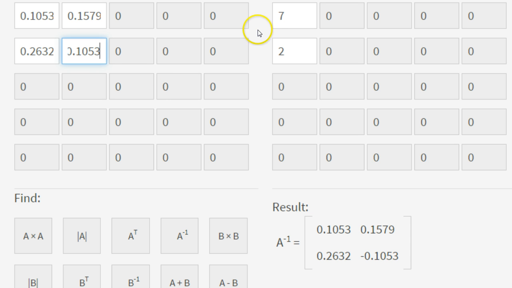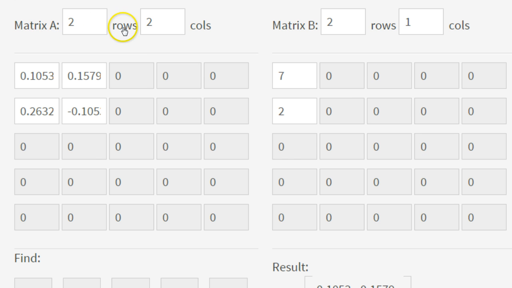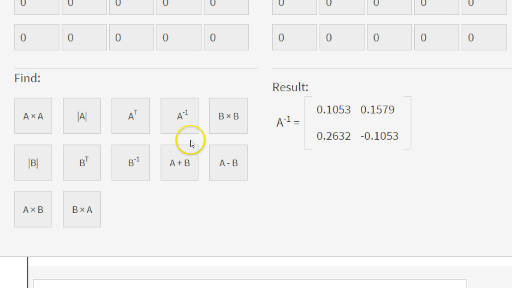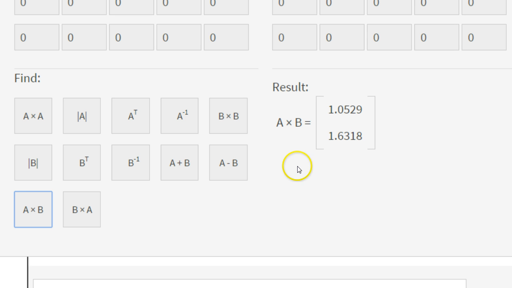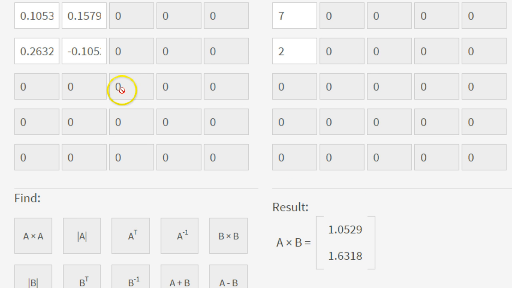Okay. Alright. So I have everything all set up, and I double check it real fast. Now once I have that, this is matrix C inverse, and this is matrix A. So I'm going to multiply those two. I'm going to go A times B, and I get my answer. The answer is 1.0529 and 1.6318. Okay? Now, when you do it this way, because we had to put in decimals that were kind of cut off, these decimals are going to be a little bit off,